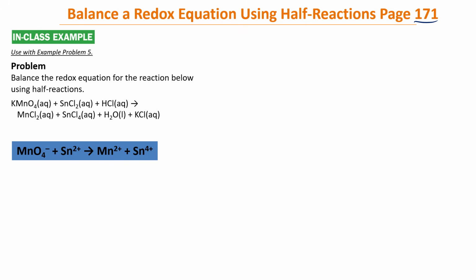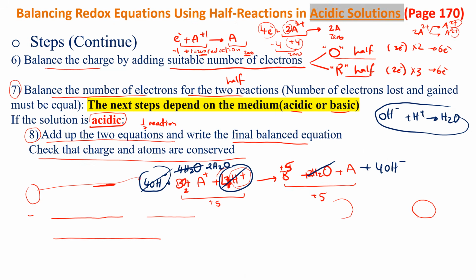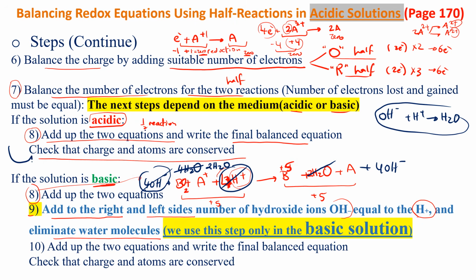so the question says balance the redox equation for the reaction below using half reaction method, which is the steps that we learned. Of course, if they don't tell you whether this reaction happens in an acidic or basic medium, if they don't mention anything, it means acidic, consider it acidic. Okay, so acidic medium means we use steps 1 to 8 here. We'll stop here. Will not, because it's an acidic solution. Okay,